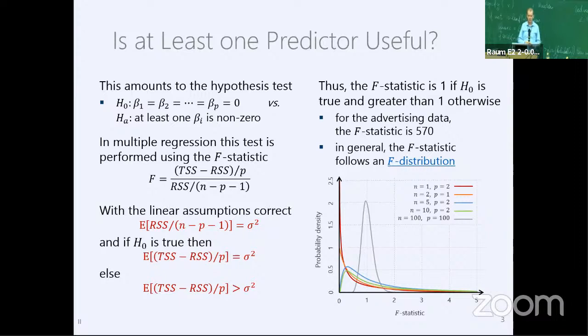Good. Okay, so we can compute this F statistic, some magic number, and we know that if it's 1, then our null hypothesis holds. And because, as we see at the bottom, if actually the expected value,